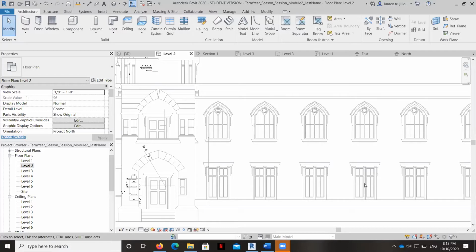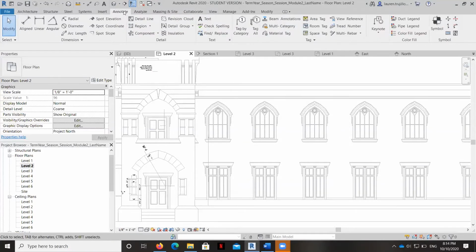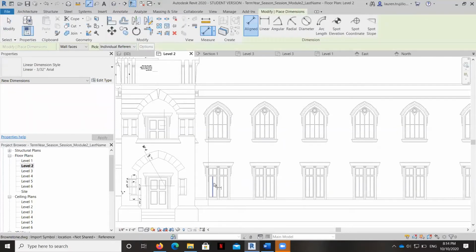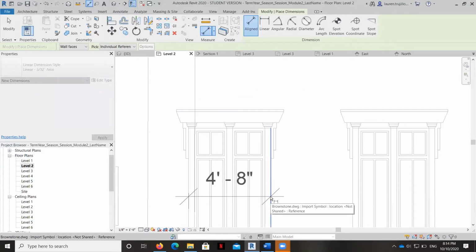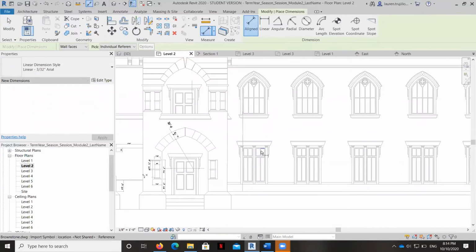They don't exist. We actually have to make them in a later module. But for right now, I want to create a placeholder of these windows so that once we have the actual window created that we're going to put in here, we can just select the type and swap them out. So a couple pieces of information that we're going to need right now is the width of these windows. And look, there's one on different types on each floor. So I'm going to go ahead and grab the width here is 4 feet 8.